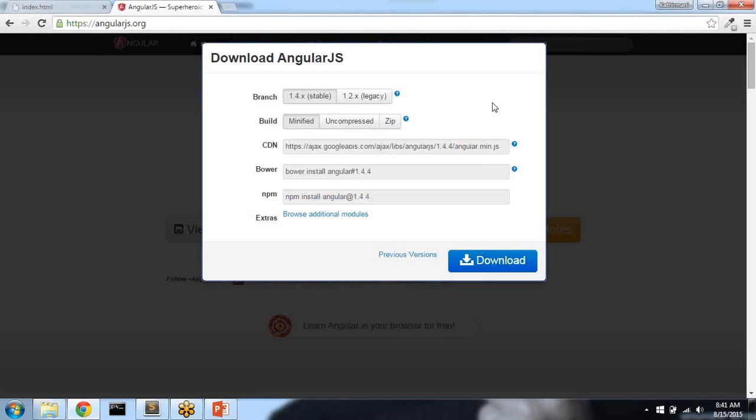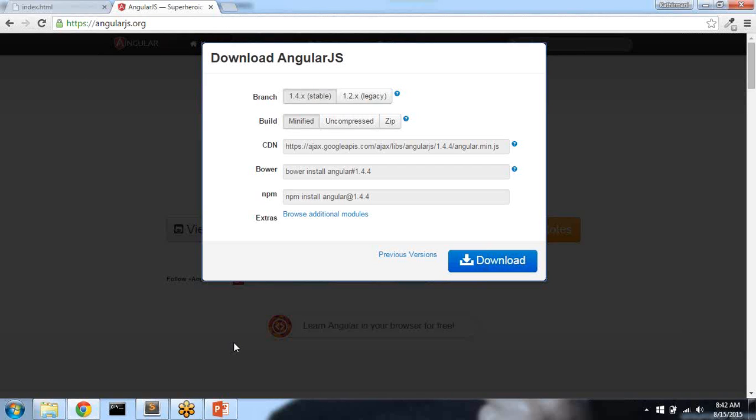So it's like any other JavaScript file, external file plugins. You need not have a separate installation, nothing. You just have to download this JavaScript file.